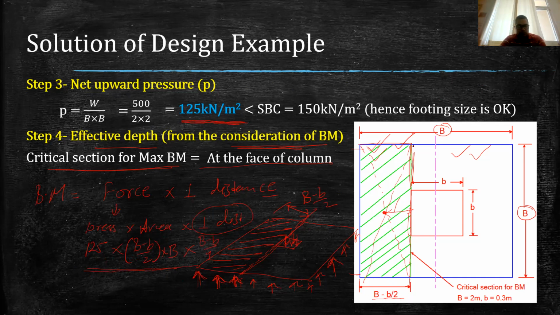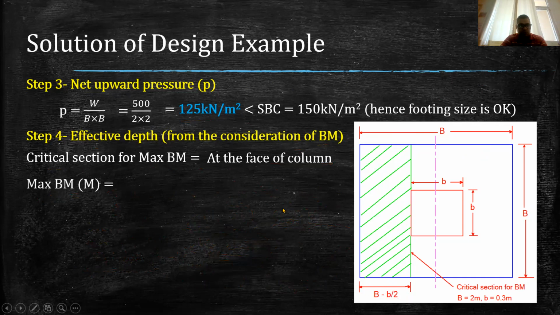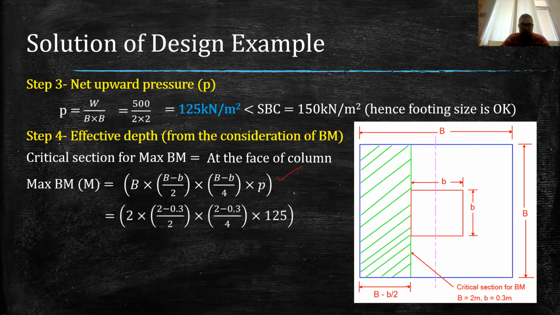Now I have already done these calculations, so now I will be showing you those calculations. So maximum bending moment, I have just shown you how this value is formulated, and putting all the values here, because we have pressure in terms of kilonewton per meter square, we will put all the values in meter, and solving this, we get the maximum bending moment at the critical section as 90.31 kilonewton meter.